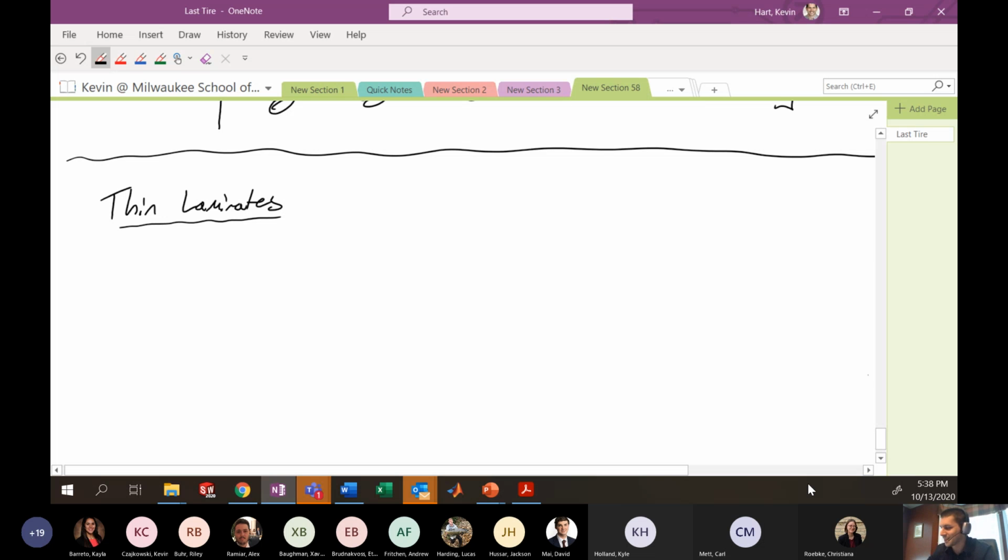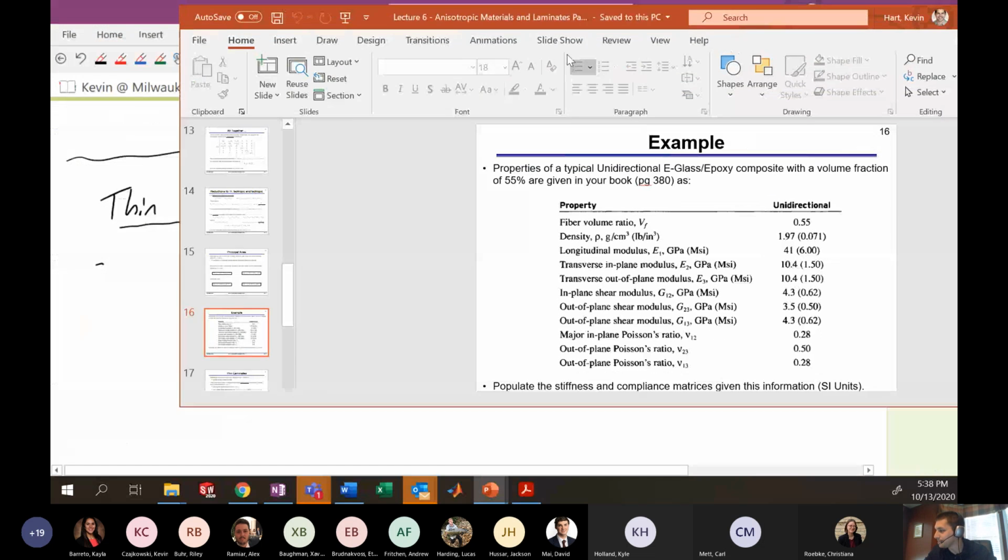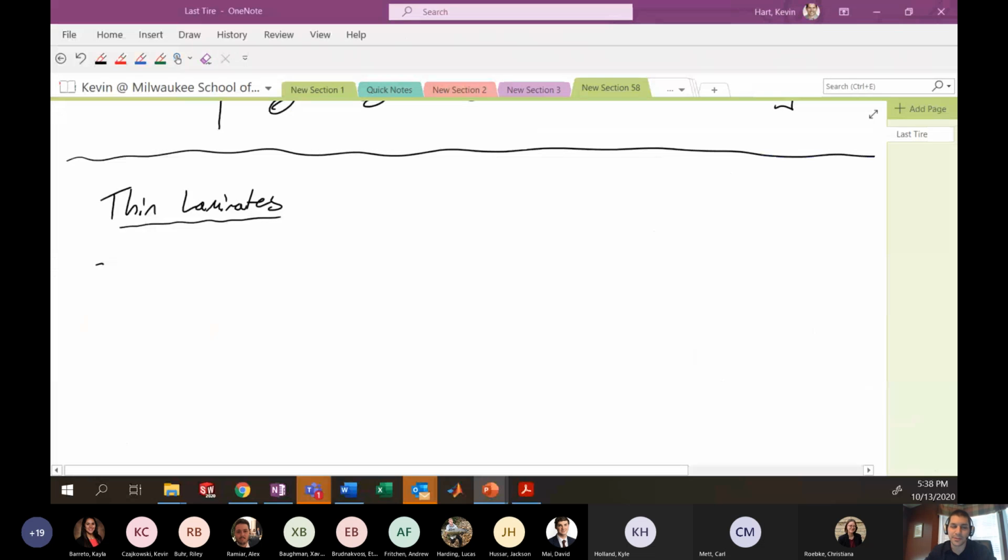Okay. All right, thin laminates. I'll say that most of the time, or many times in application, these composites that we make are thin. And so it would be nice if we could come up with some simplifications to our three-dimensional theory so that we could have a little bit easier life. Okay? So I'll say orthotropic composite laminates